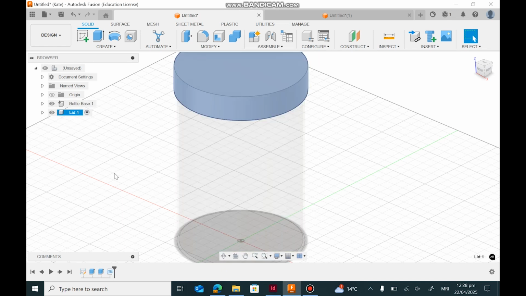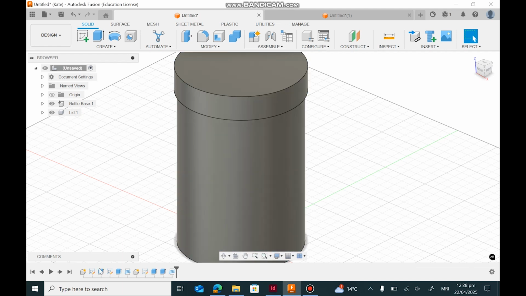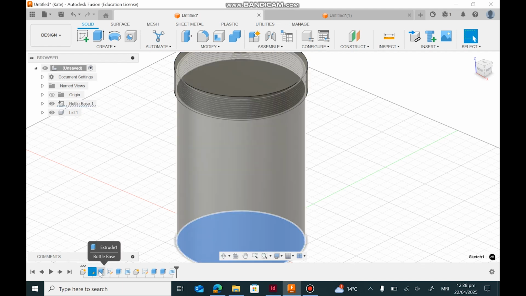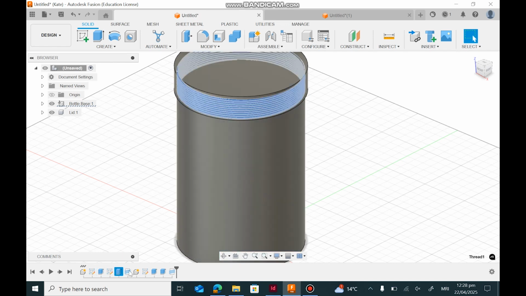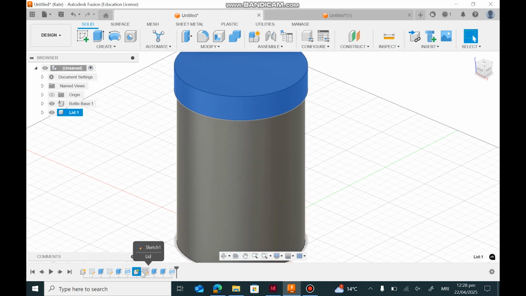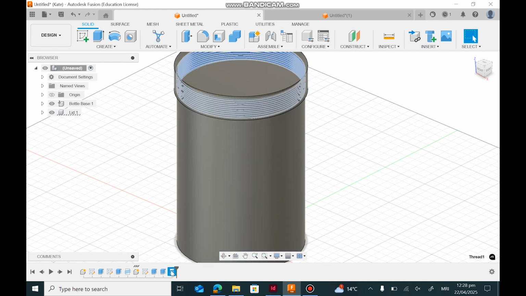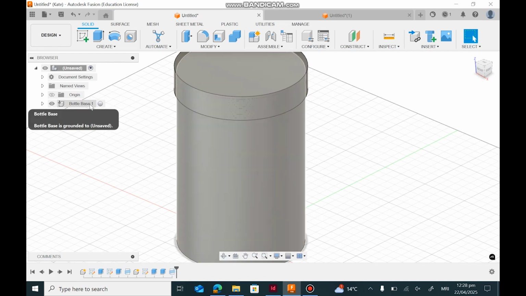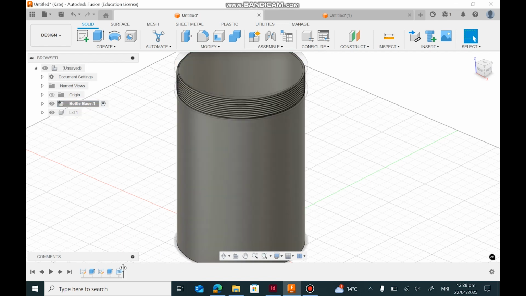If I go over to the lid, it's the same thing. We sketched, we extruded again, and then we threaded. If I toggle the whole thing on, it'll tell the story of both of them. New component, bottle base. We sketched, extruded, threaded. Then we made a new component. Sketched, extruded, threaded. The cool thing about that storyline is you can sort of go back and forth to see